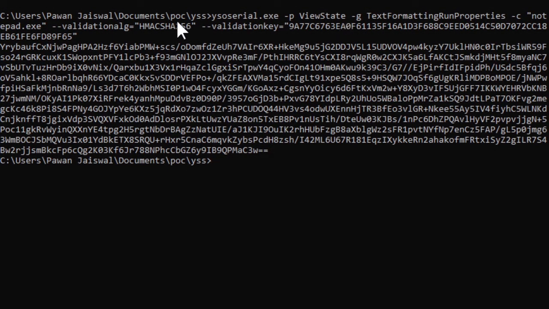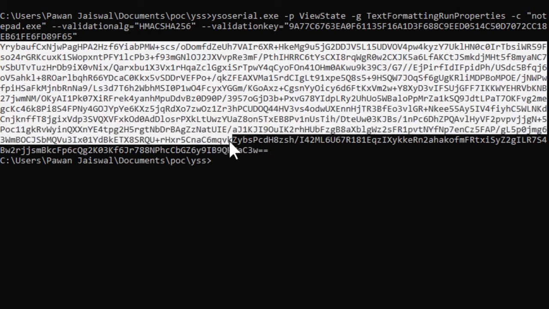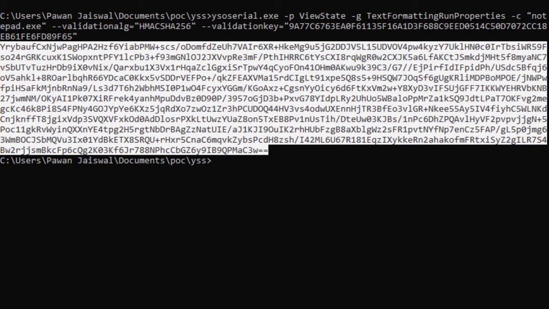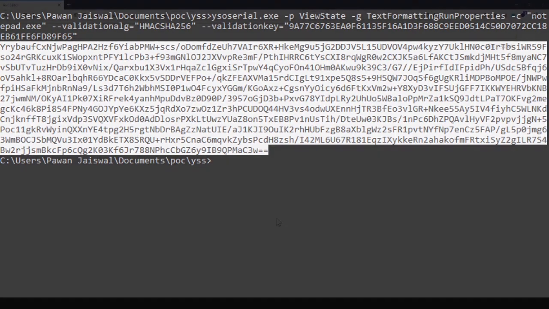Here I have already captured the validation key from the previous Burp Suite result, and the algorithm that we have got is HMAC SHA256. After getting the payload, we have to find an endpoint where ViewState is used so that we can post our payload. One of the endpoints is on the screen right now. Once I click OK, I'll capture the same request in Burp Suite and change the value of ViewState with the payload we have generated.